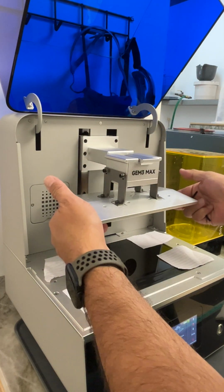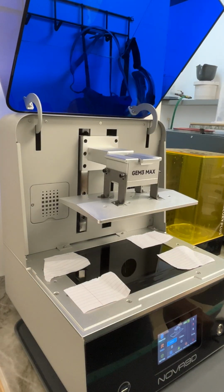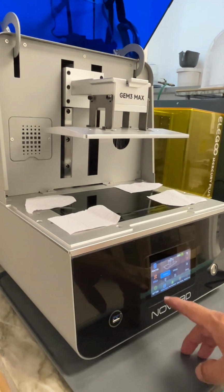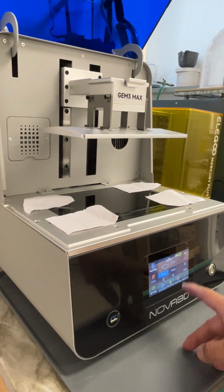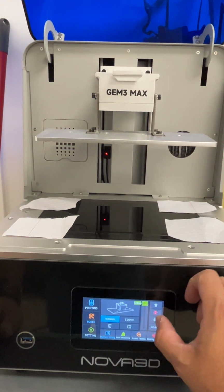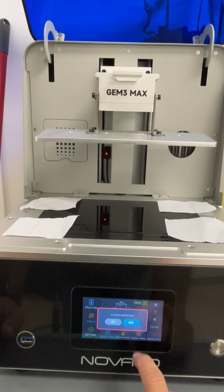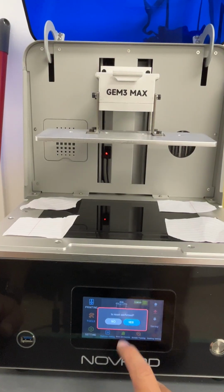Once you loosen the build plate and make sure it's loose, you're gonna go to the menu over here. Let me get this one down. It's gonna be in print, so you're gonna go to tools, and then you see this red part over here. Okay, so you're gonna touch over here, and it's gonna ask you if reset is confirmed. So you're gonna say yes, and you're gonna put